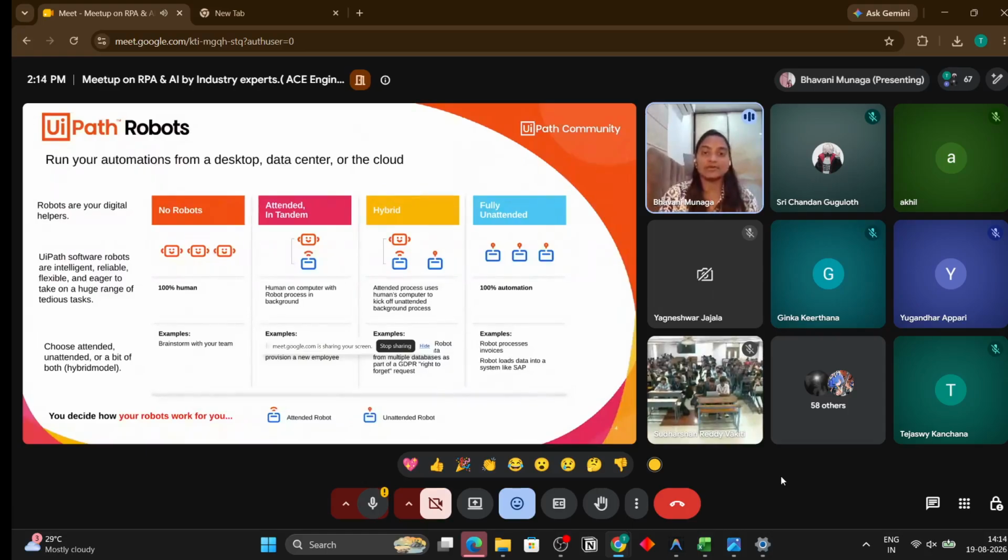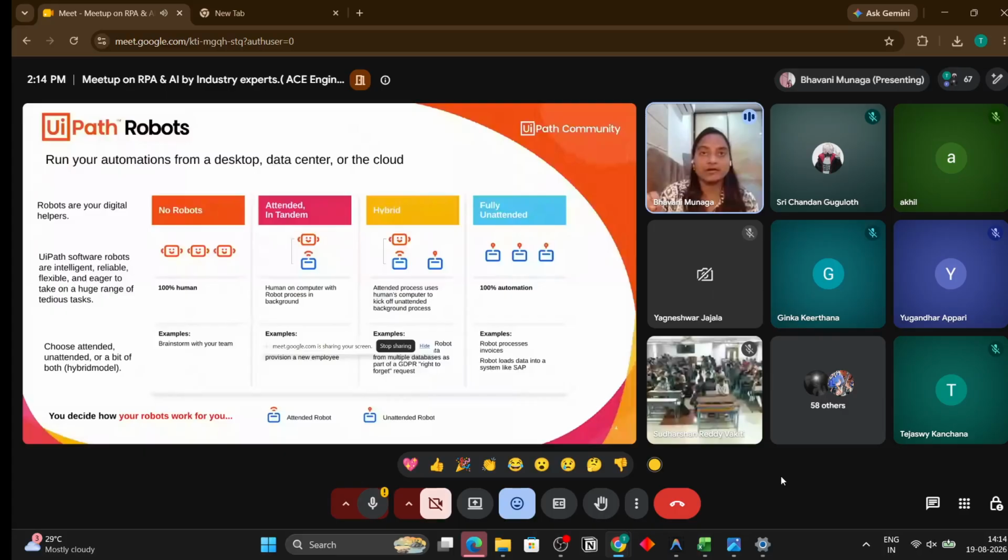Okay, let's discuss what kinds of automations we have. We have attended workflow, unattended workflow, and hybrid workflow. Attended workflow is when the project is developed and deployed to the Orchestrator, and we have to manually trigger it. For example, take a use case where daily at 3 o'clock, I have to monitor one email. Once that email hits my inbox, I have to reply to my management that we received this email. So this is a constant task which has to be performed daily.